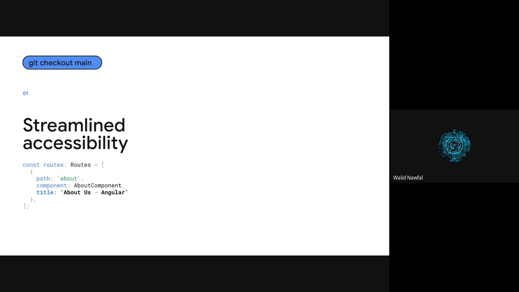So we can say it another way. This built-in router feature allows developers to define unique page titles more simply, tackling a common accessibility issue in web frameworks. So now we have a standalone utility for Angular, which is the built-in router feature,